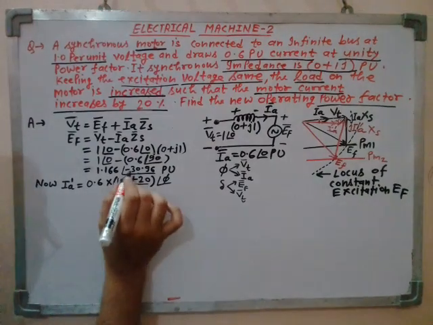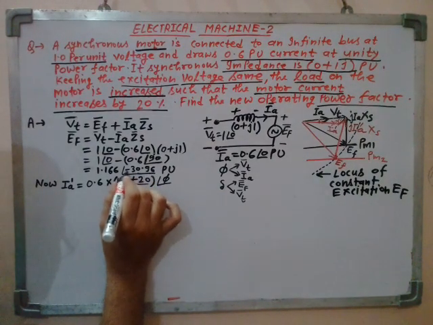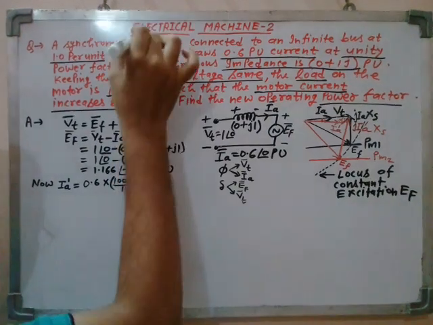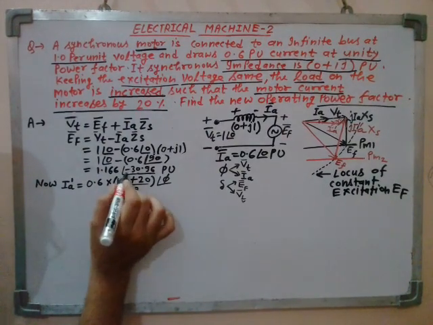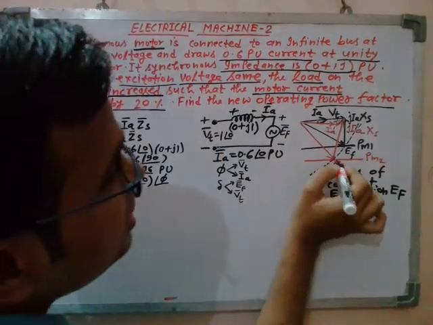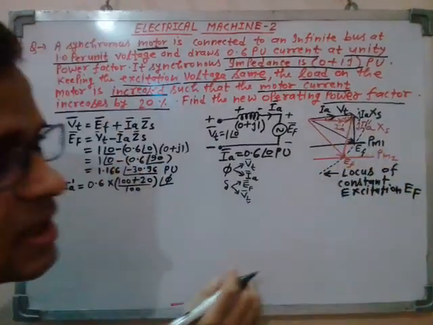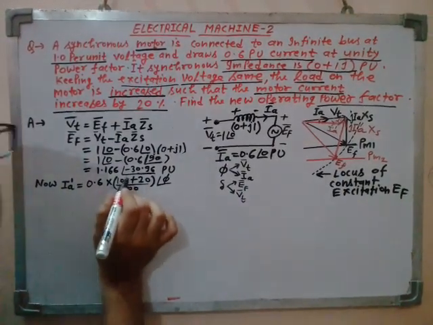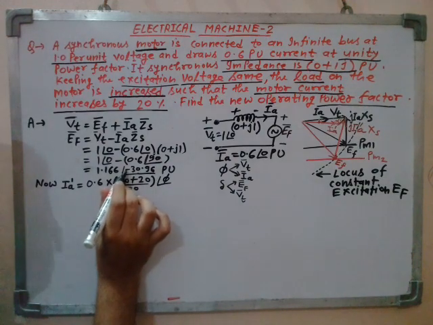See here, the angle is coming as 30.96, with a negative sign. Automatically it will come negative, since it is a motor. So definitely the load angle delta must come with a negative sign. Why? Because in the case of a motor, the excitation EMF always lags the terminal voltage phasor. So delta should come negative, and the same you are getting.